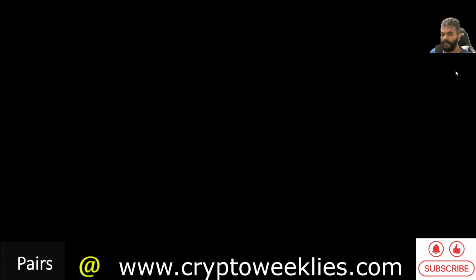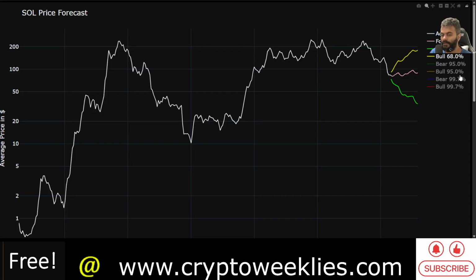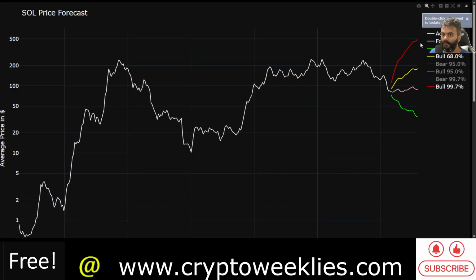The best way to identify what the bullish ceiling for the next bull run could be is this red line over here. Again, ignore the time for this moment. The 3 standard deviation ceiling for Sol is at around $500, and that's the target that I am sticking with given the current information at hand.